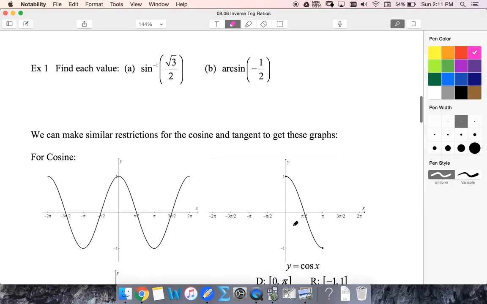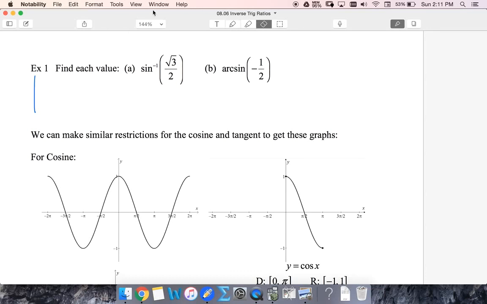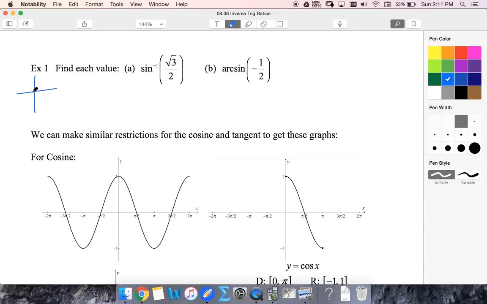Okay. I still think in so many ways it's easier to think about the unit circle than the picture for solving these examples. So where is sine root 3 over 2? I'm still going to think about, that's going to be a tall angle. Tall angle is up here, tall angle is up here. So I'm going to get pi over 3 or 2 pi over 3 plus 2 pi